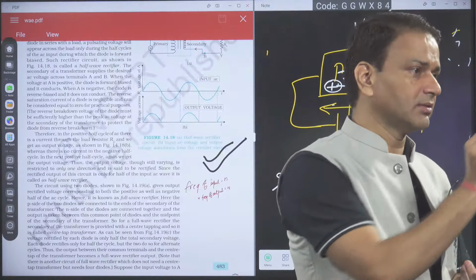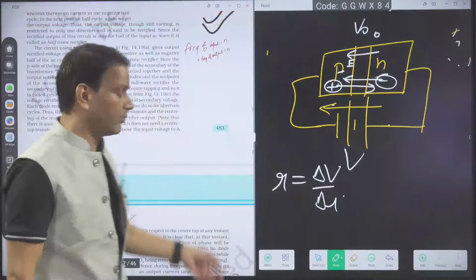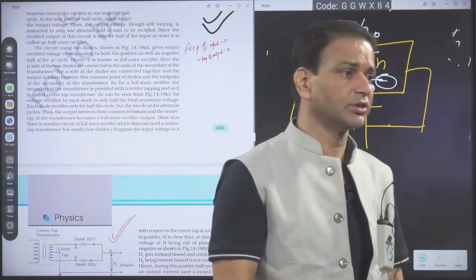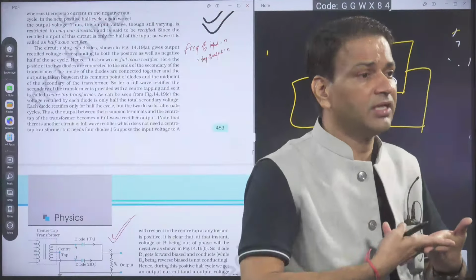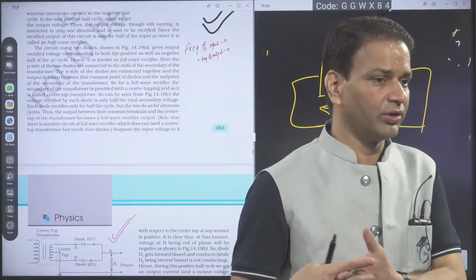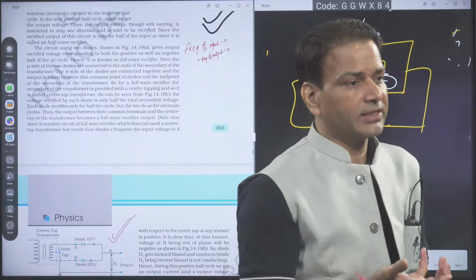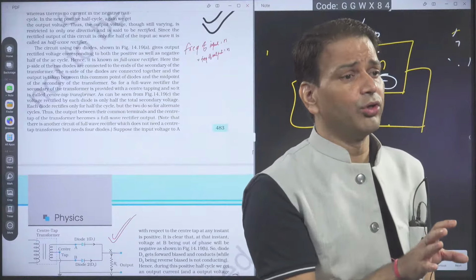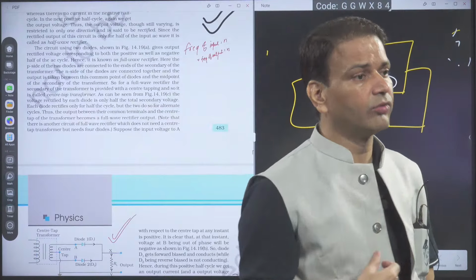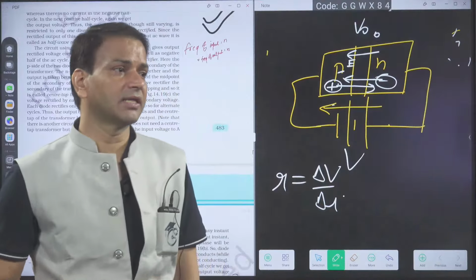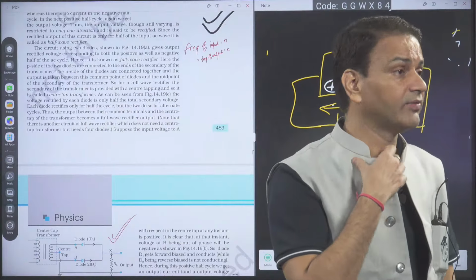But one thing here, which is also given somewhere in the rectifier: while selecting the diode, we have to select a diode whose breakdown potential must be large in comparison to the peak applied voltage. The statement is lengthy, so again I am repeating. In the rectifier circuit, we select the diode whose breakdown voltage, breakdown always occurring in the reverse bias, must be larger than the peak inverse voltage. What is the meaning? Why are we saying this?